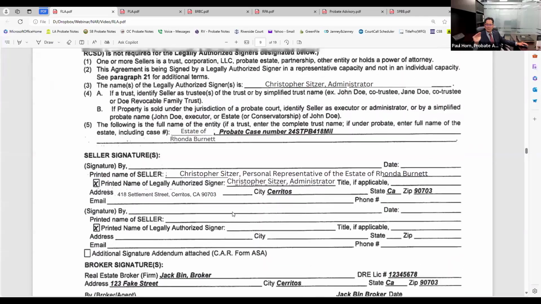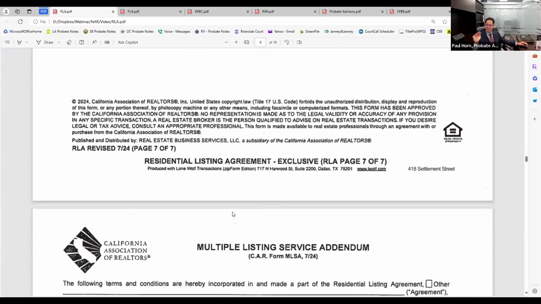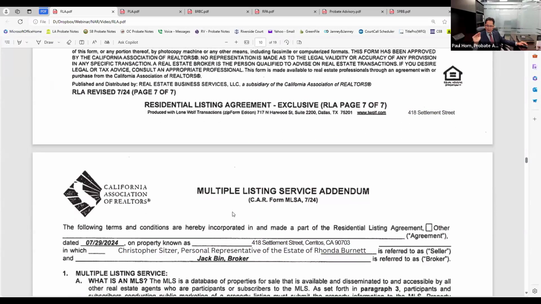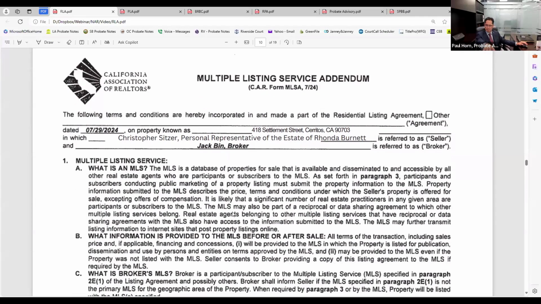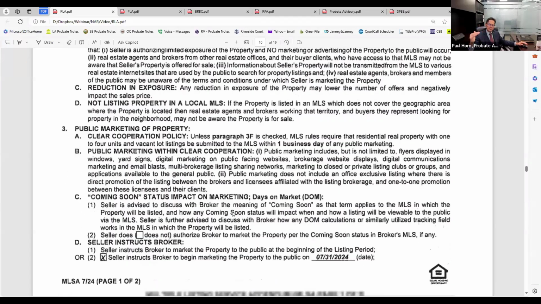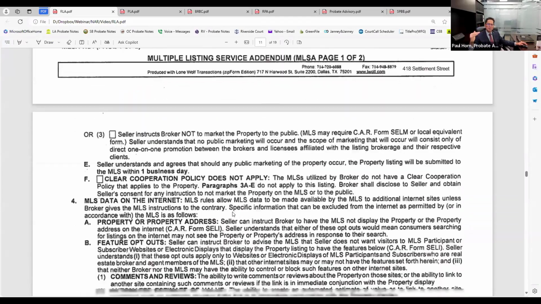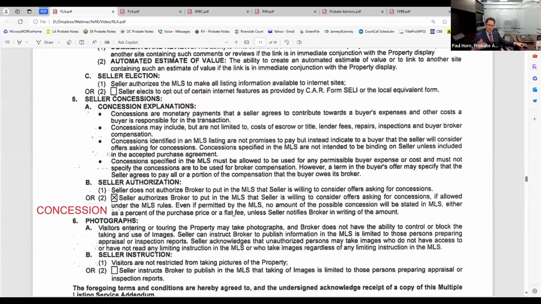Remember that MLSA form that I said was important? Here it is, okay? So the multiple listing service addendum. And if you move down on this page, you see why I put in red the word concession? Concession.